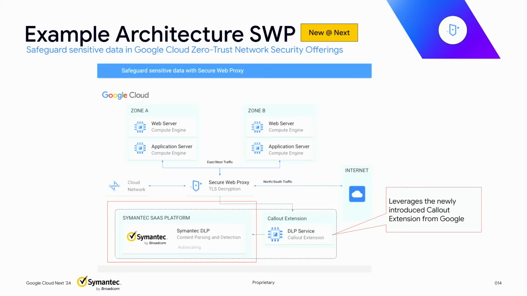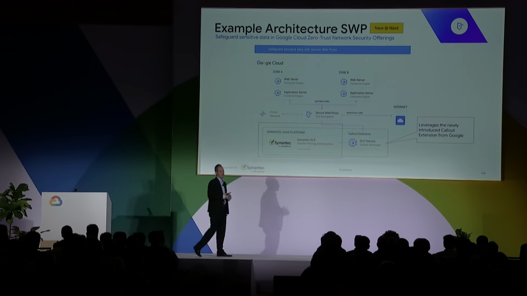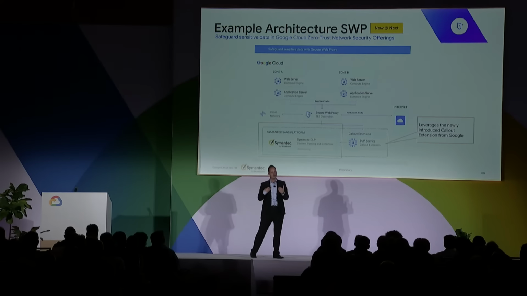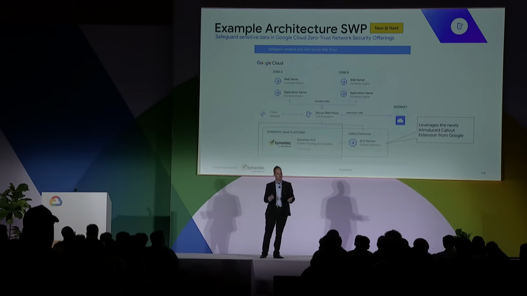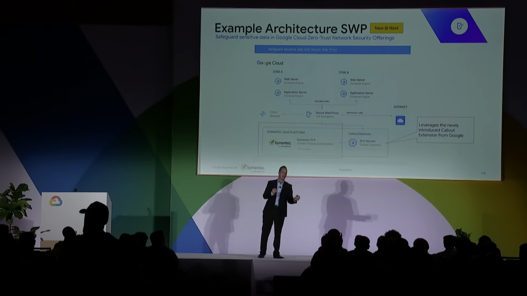So you want to make sure you know what data is traversing between different zones. But then also, more importantly, data that is going north-south, stuff to the internet, where you eventually lose control of your data assets. And that's where the integration with the SWP is very crucial. How are we going to do that? It's because of the new capabilities Google offered through the callout extensions that allow us to hook our DLP service into SWP. In that situation, what can be done is obviously just monitoring the data or also blocking the data.